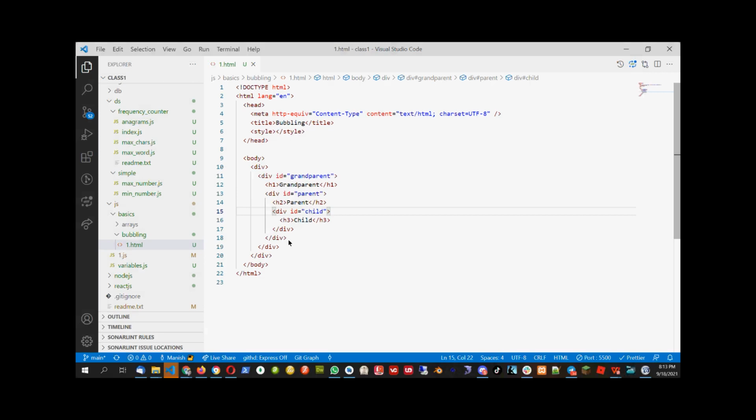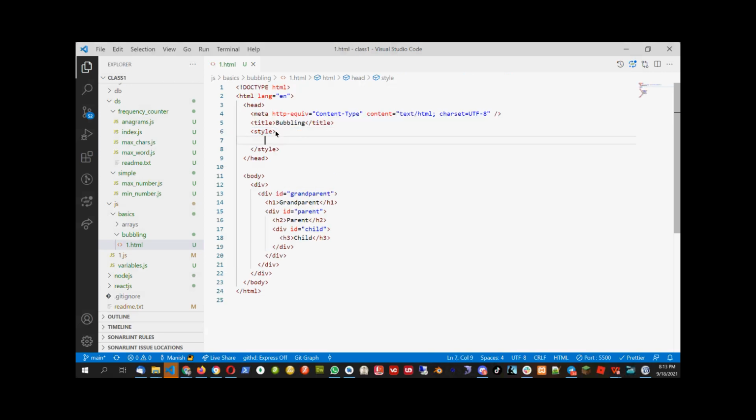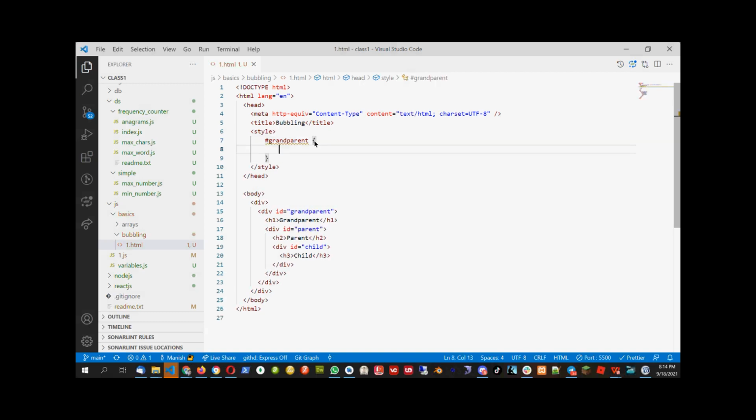Okay. So if you are not done, just do it along with me. I will give some style sheet. This is no brainer right now. I'll just give some styles to each one, to grandparent, parent, and child. So to give the style to grandparent, I will create the declaration like this: hash grandparent. Since the ID is grandparent, I have to give hash before the grandparent, and I'll create a curly bracket, and